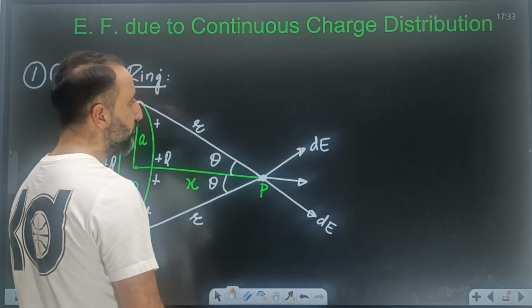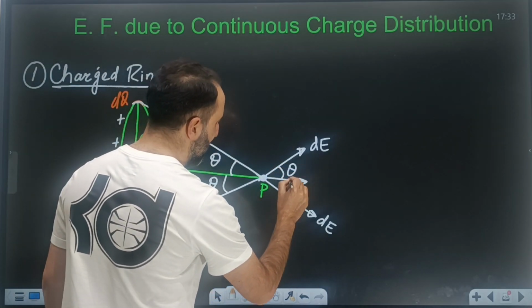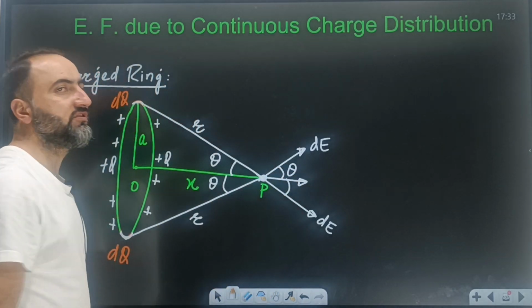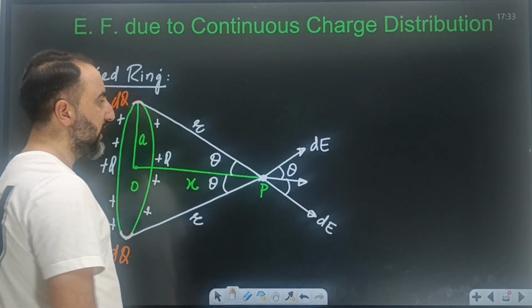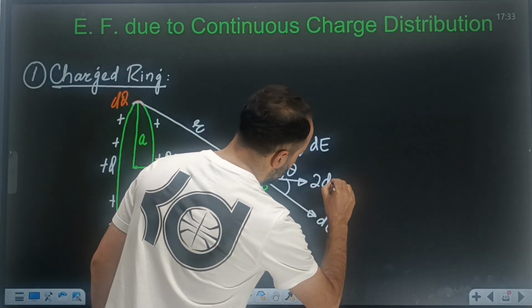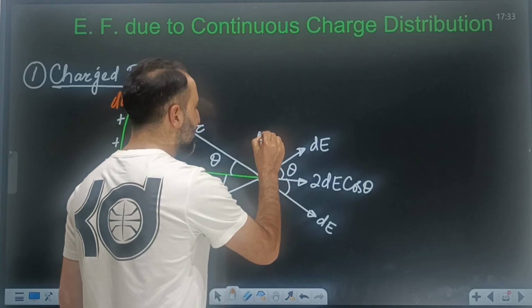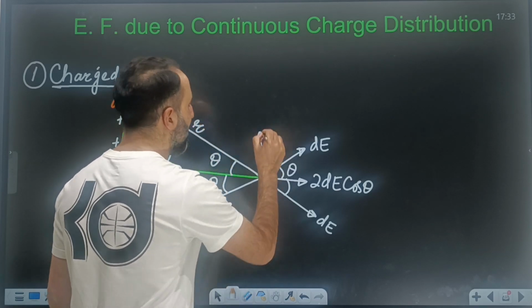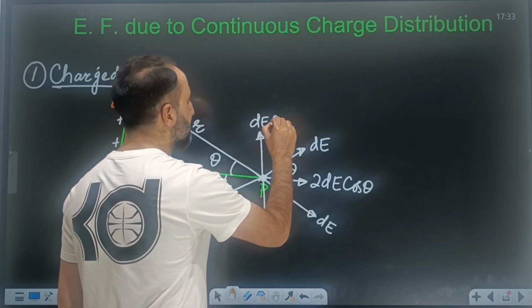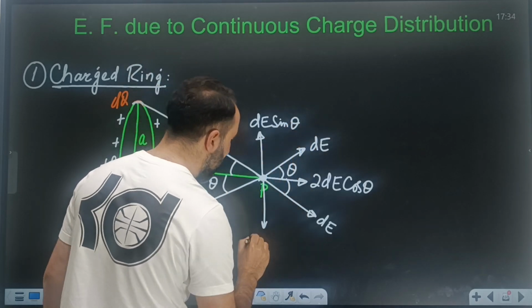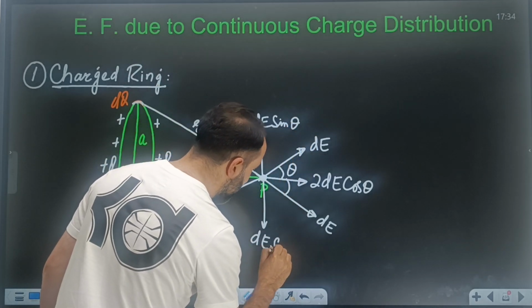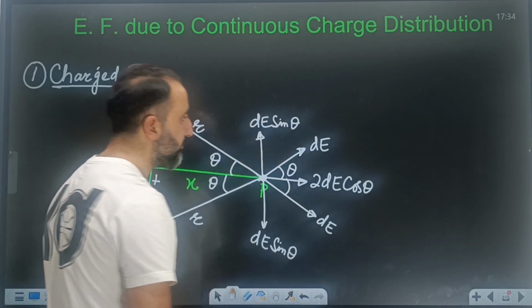All right, now this angle is theta, this angle is theta, so resolve this dE into rectangular components. तो यहाँ से दो components होंगे, those will be twice dE into cos theta. This is dE sin theta and this is dE sin theta. They are equal and opposite, hence they will cancel. So the net electric field जो होगा that will be contributed by the cos theta components